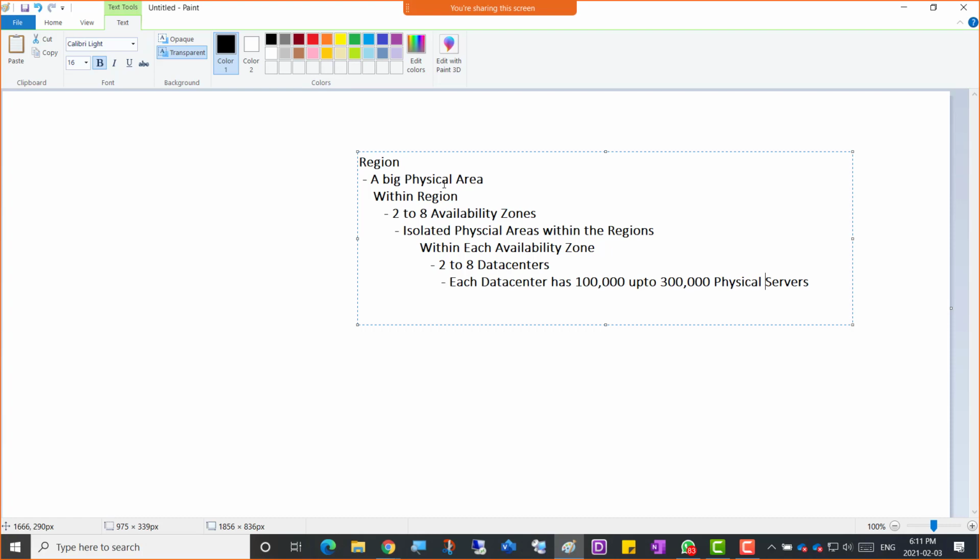So we can say the size of Ontario could be considered one region. East US is actually a large part of North Virginia, and within North Virginia they have 6 availability zones there, which suppose in Ontario you can divide the availability zones like one availability zone can be Mississauga here in Greater Toronto area. The other availability zone could be in Vaughan, and another availability zone could be there Ajax, right? So they are not far apart,